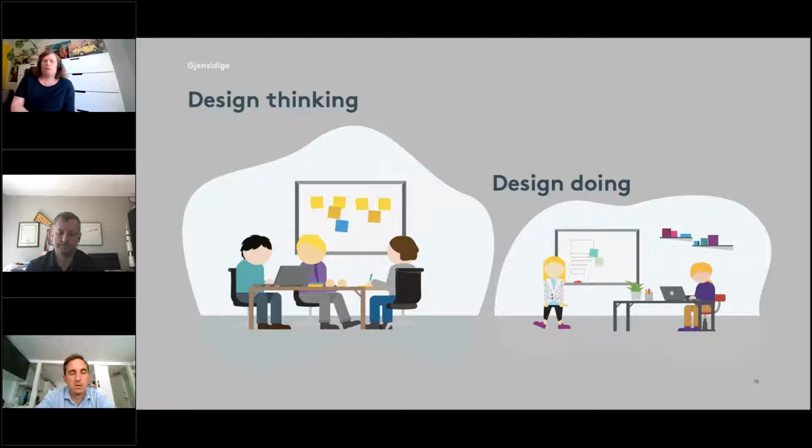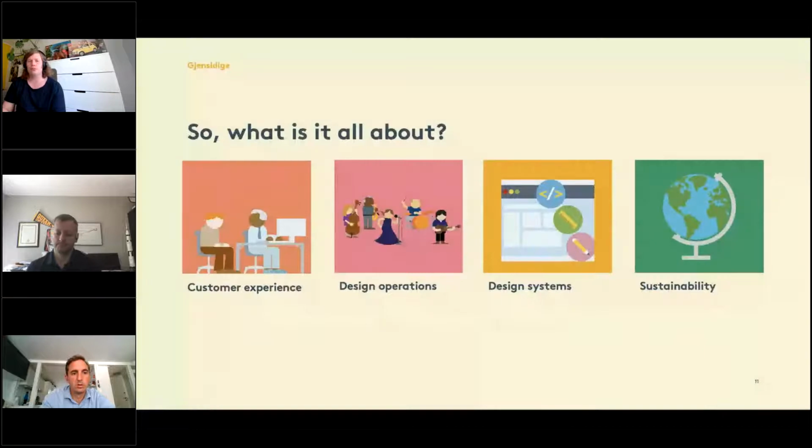And of course, a lot of you are probably aware of concepts like design thinking and design doing. Design leadership is relevant for both of them. So it's design thinking, training the entire organization in using designer tools to think and act for innovation and progress, basically. And it's design doing with all the specialists doing design work. So important to be aware of both these dimensions.